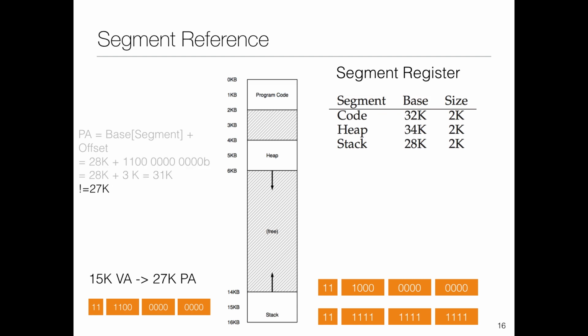If you use the simple formula, you get 31k, which is not equal to 27k, which you would have expected. Let's maybe change the formula. Do you think this will work? No, right? Someone who's just taking wild guesses might think, we just reverse the order for stack because stack goes in the other direction. So instead of having a plus offset, you have a minus offset. This doesn't work, right? You get 28k minus 3k, which is 25k.